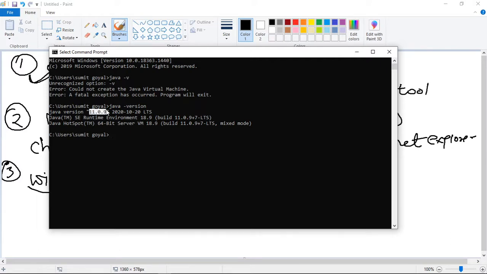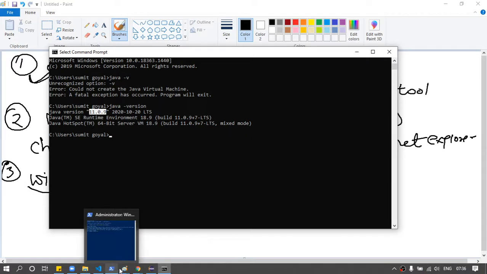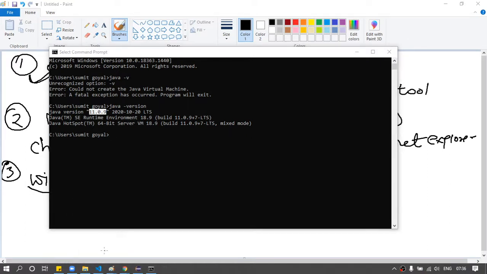Okay, so installing Java part is clear to everyone, or should I tell this again? Because we have done it, I think, in the first class of learning Java. If you have any issue with how to install, then I can show it again if you want. Otherwise, I will proceed with Selenium. Is it clear to everyone? Yeah, this is clear. Okay. So Java is successfully installed in our machine.